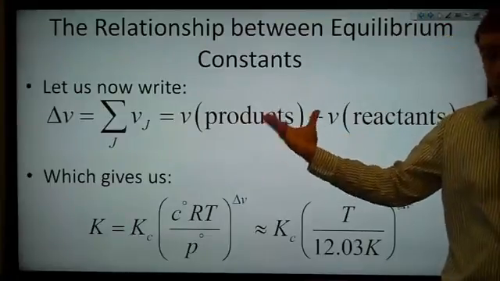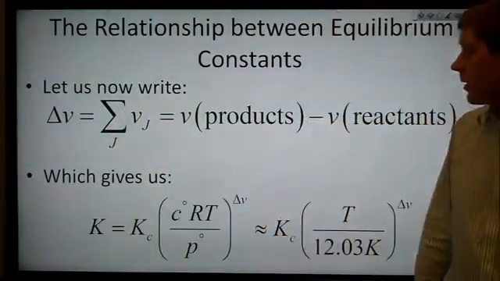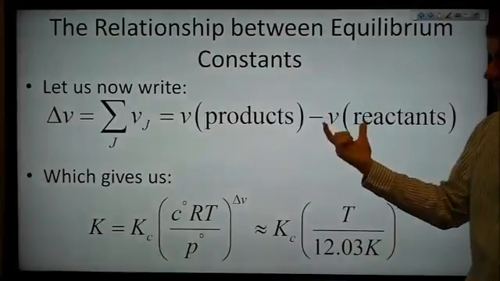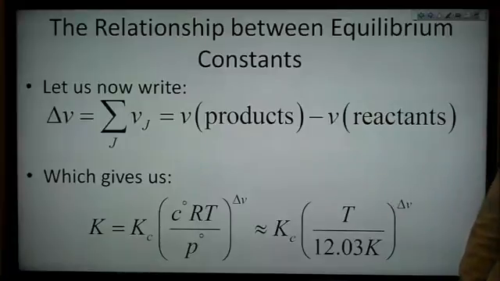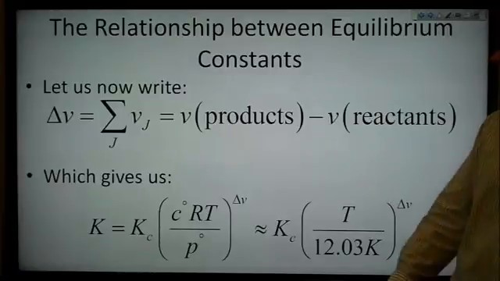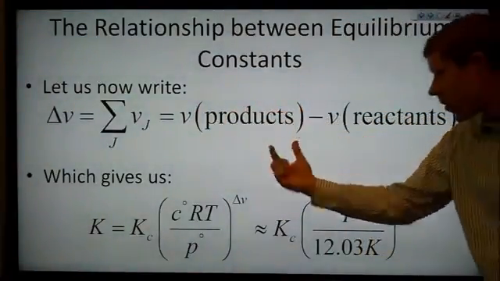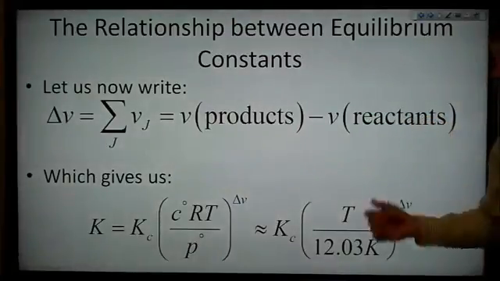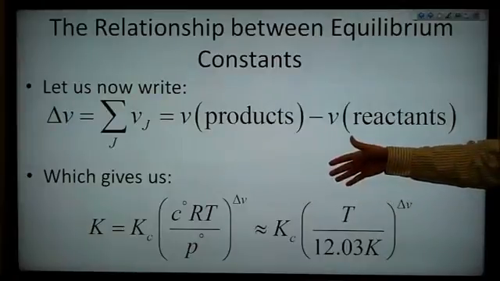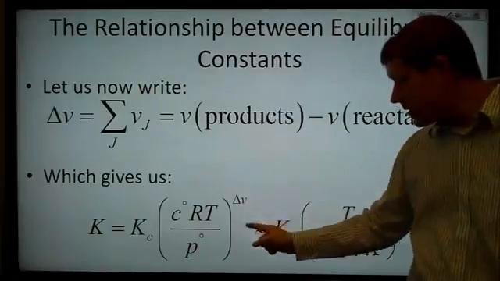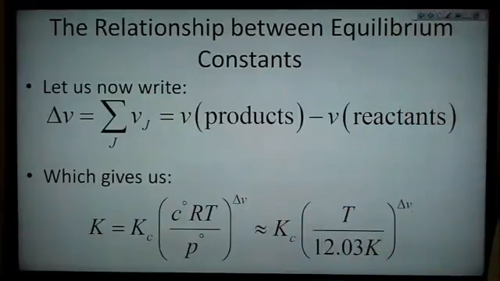So now we can write delta v, so the change in our stoichiometric coefficient, our change in number of moles of gas in this case, is the number of moles of gas, so the stoichiometric coefficient of all of our products minus the stoichiometric coefficient of all of our reactants. So this now gives us this. So note that now we've replaced that product with our change in number of moles of gas,